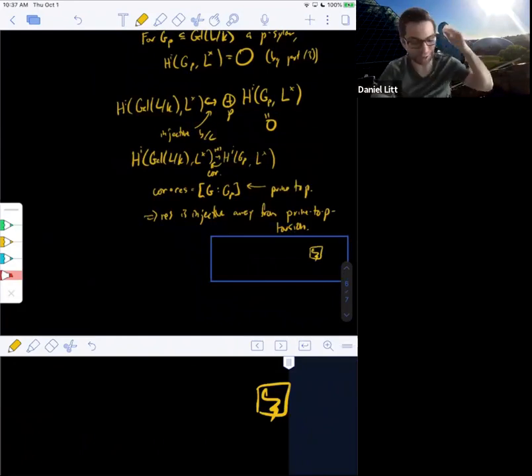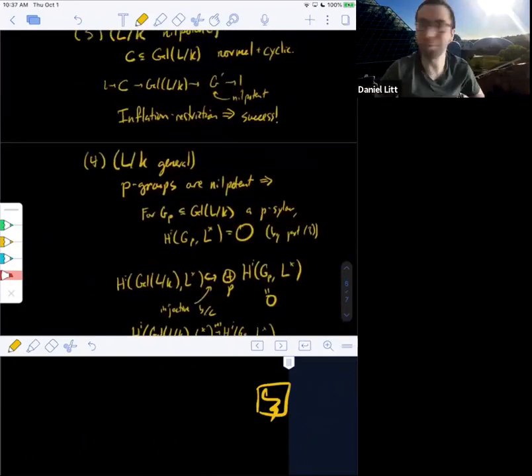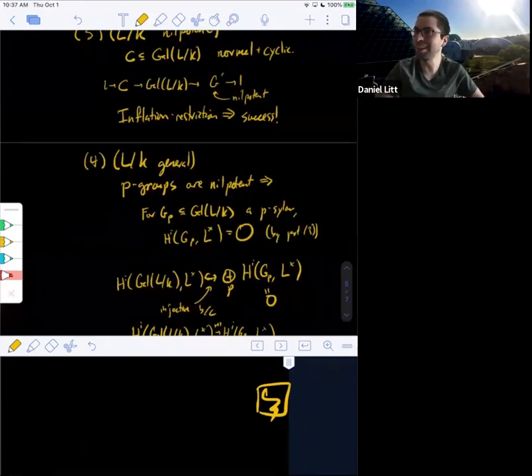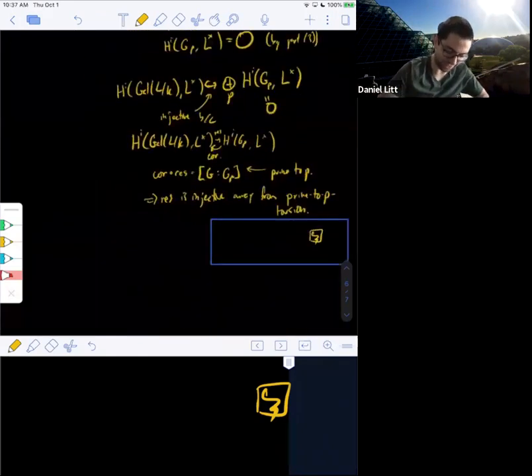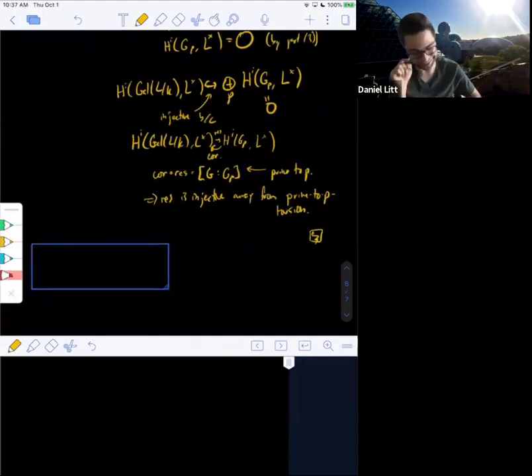Cool. So by the way, I suspect for many people this might be the first time you've used the Sylow theorems to prove something that wasn't like classify all the groups of order 127 or something. This is a very common way the Sylow theorems get used, the reduction to p-groups or the reduction to cyclic groups. It's really cool, I think. Okay, and that took me way longer than I expected, but does anyone have any questions about that?